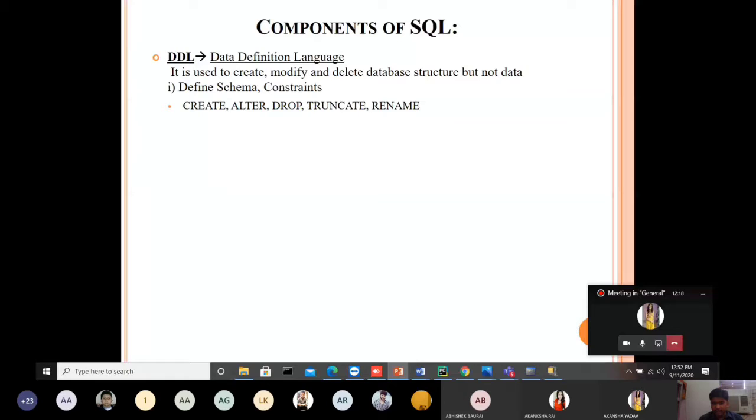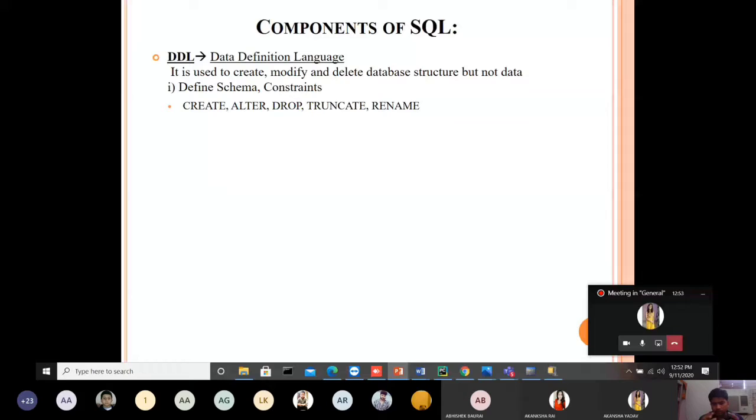What is the purpose of create? Create is a statement that will basically create any database object. What kind of database object? Database object may be any database, maybe any table, or that is called relation, maybe any view, maybe any user, maybe any function, procedure, trigger, and many more other objects that are used in the database, right?